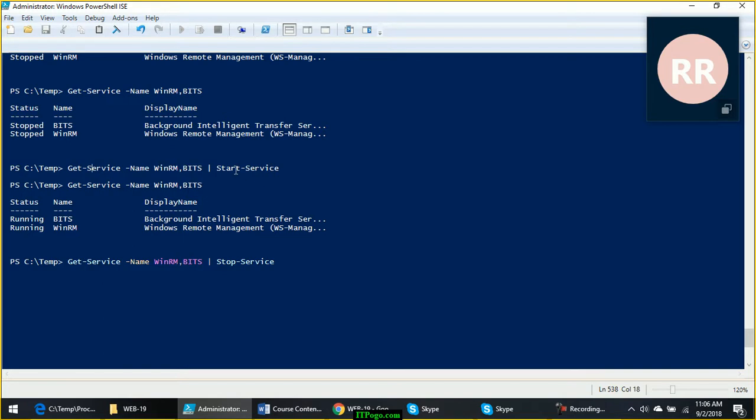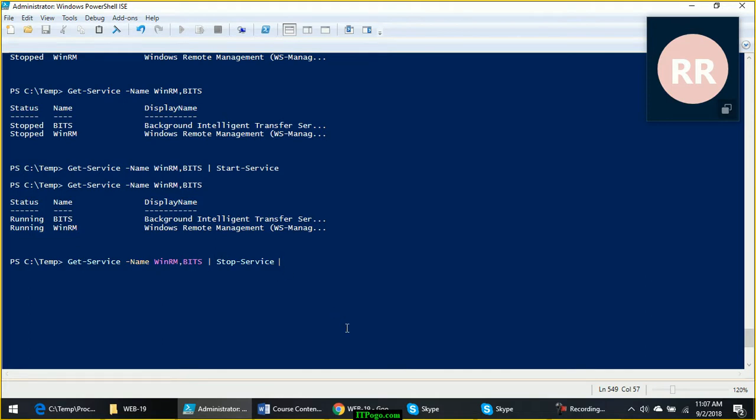This cmdlet is meant for starting the service, not showing the output of the command. This is just meant for starting the service. Similarly, this cmdlet is available only for stopping the service, but not for showing the output. It will do its job silently.